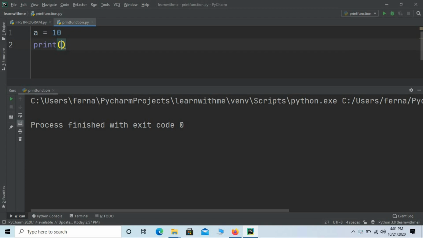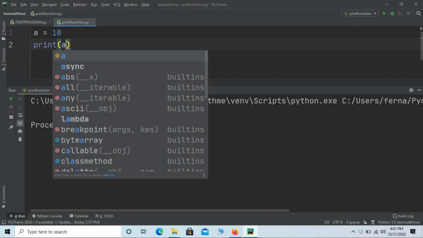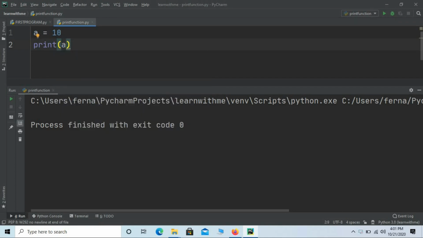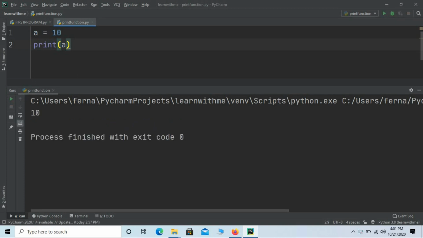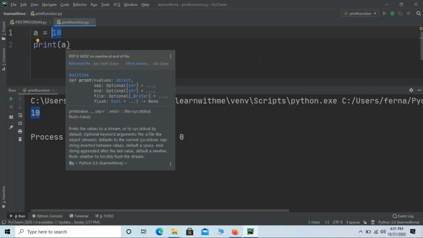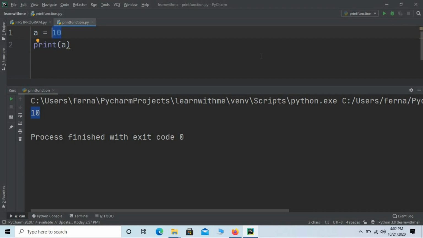I just have to write the name of the variable for which I have to display the value. Just save the program and run the program. Now if you observe the output, you can see 10 is being displayed. That is, 10 is the value that I had assigned to the variable a, and I used the print statement to print the value that was stored in the variable a.